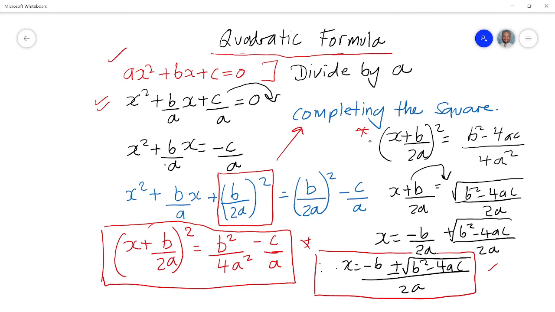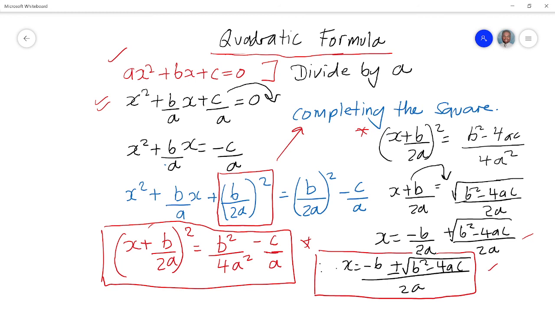I've just put an asterisk here to show what we need to do. So that's going to be x plus b over 2a, squared. Make that into a single fraction, so that becomes b squared minus 4ac over 4a squared. Square root it, so x plus b over 2a, squared. If you find the square root, you just get rid of the square, and b squared minus 4ac remains the same, but 4a squared becomes 2a. You move the x over there because you want to get what x is, so that's minus b over 2a plus the square root of b squared minus 4ac over 2a, and then you make them a single fraction because they share the same denominator, and x is equal to negative b plus or minus the square root of b squared minus 4ac